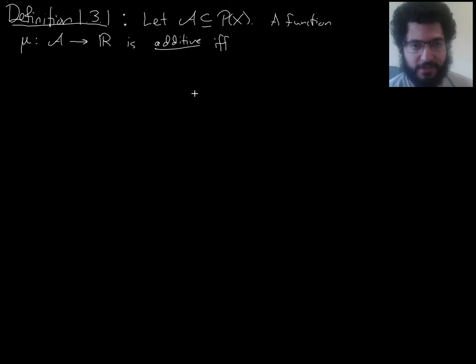All right, so definition 131. Let's suppose you have a collection of subsets of X. Remember, this is my notation for power set, so this is the same thing you would write as 2 to the X sometimes. So any collection of subsets of X. Then imagine that you have a function mu that assigns these subsets of X to real numbers. Then we call this function additive if and only if the following condition holds,